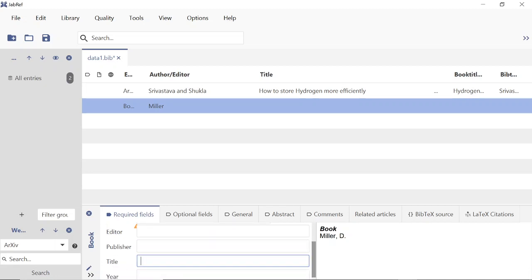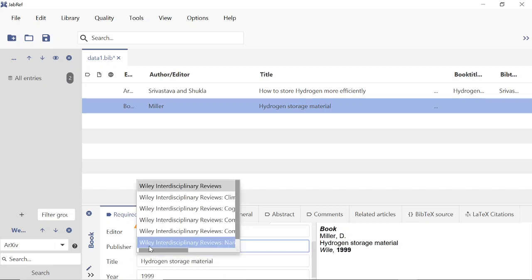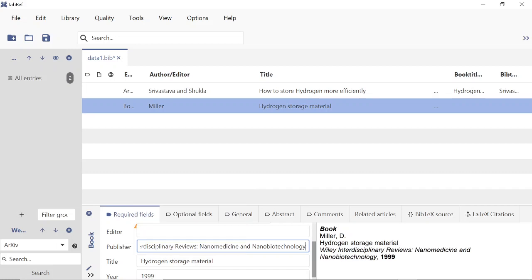This is the title, like this, and year of publication, okay, publisher, like this. There is no editor.